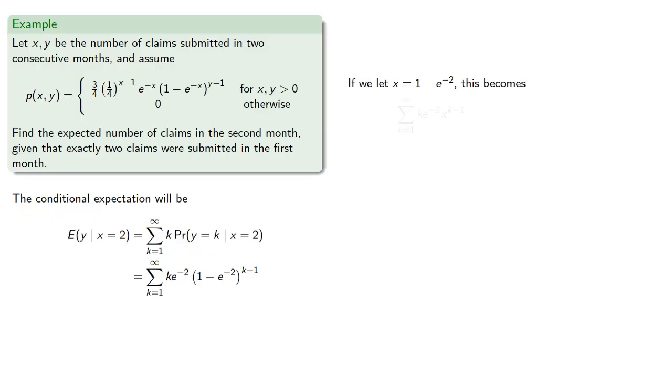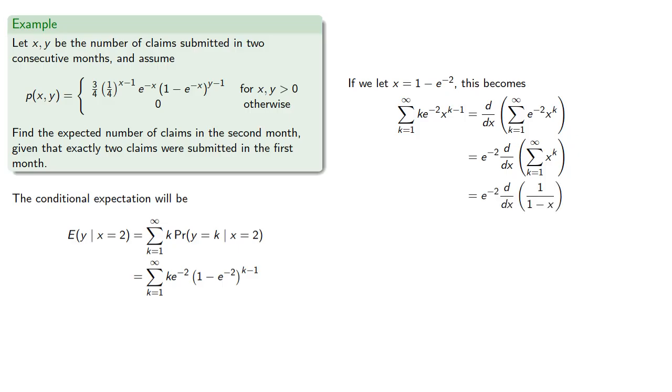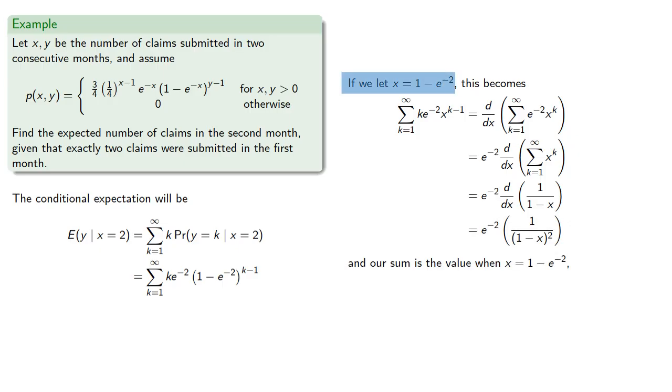And so our series becomes, and again we can view this as the derivative of a power series, and e to the negative 2 is a constant, so we'll remove that factor. And this power series we should recognize as the power series for 1 over 1 minus x. And we know how to differentiate that. And our sum will be the value when x equals 1 minus e to the negative 2. And that will be